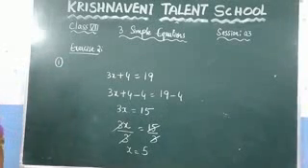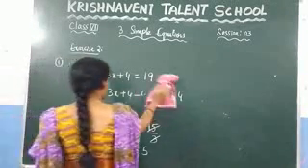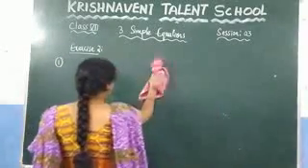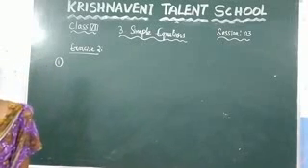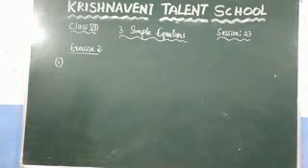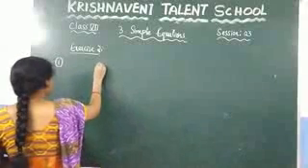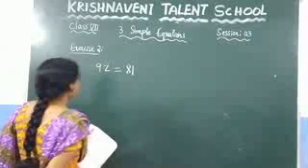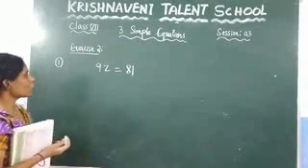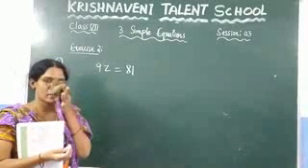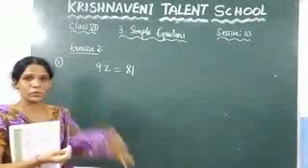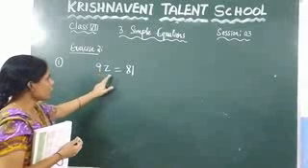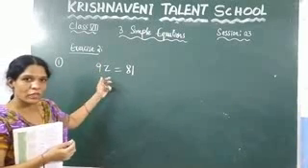Now see the next problem, which is 9z is equal to 81. Here 9z is equal to 81. So you need to find the value of the z. So here, which value we need to remove here? We need to remove here 9. So what we are doing? We are doing here multiplication. So we need to divide.